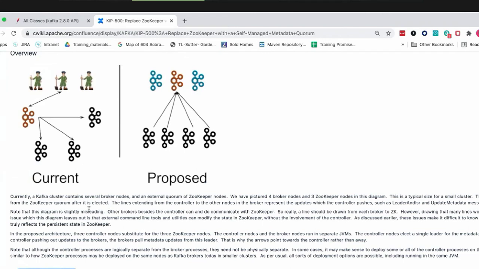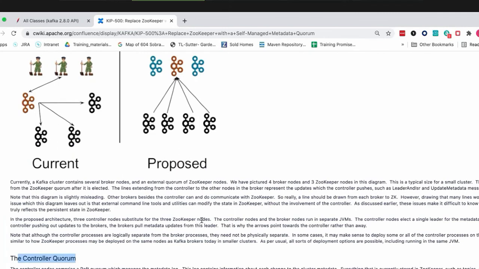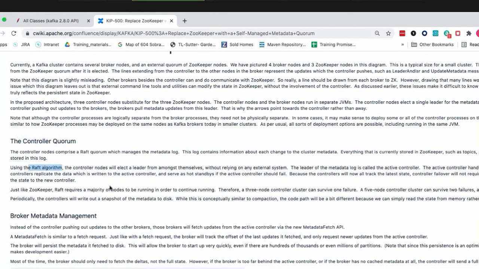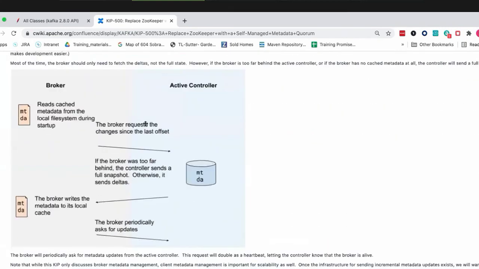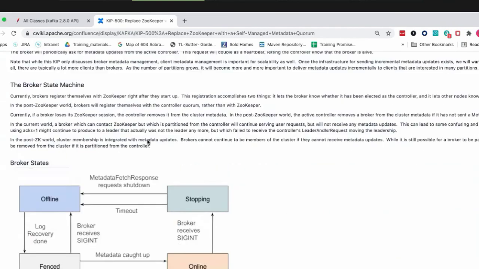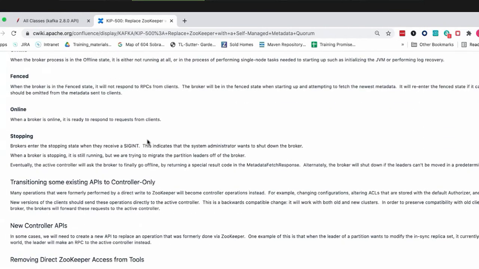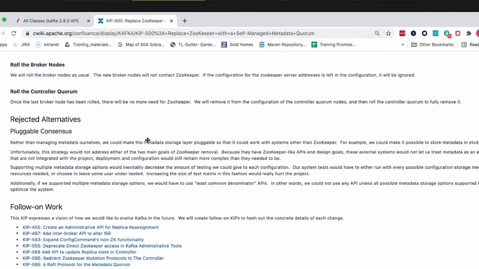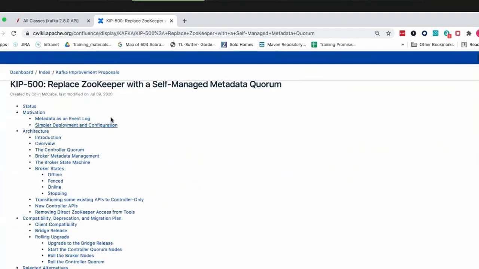And this is an important point. We use the Raft algorithm to ensure that the controller nodes can elect the leaders and do all the things they need to do. But the whole point is this document describes all that level of detail that you don't see in the course. But if it's in Kafka, it's in this document, it's in the KIP. So if you want that level of detail, you have the source code. That's the first place I showed you.